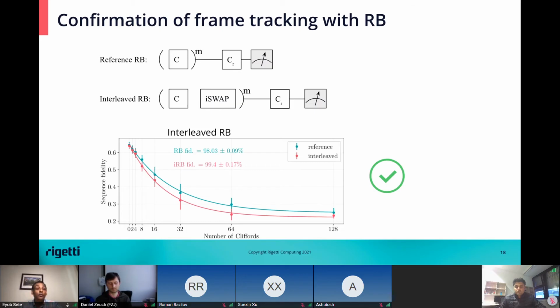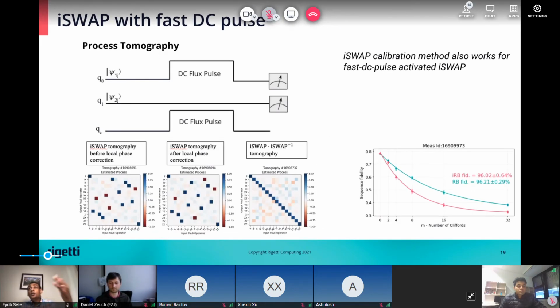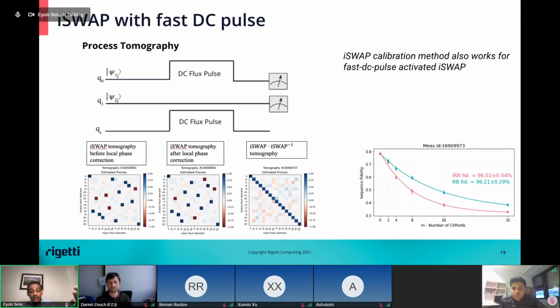Sorry, not for 52 nanosecond gain. But this just checks that it works. The calibration works for iSWAP. We actually implemented this. It's not just necessarily for modulated pulse, but also for